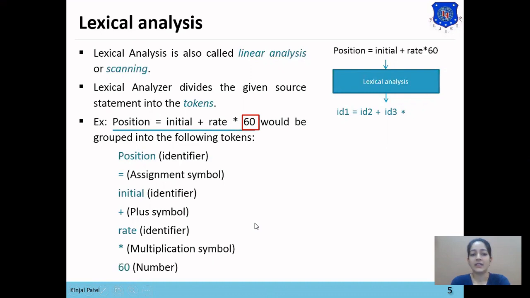Then 60 is a number or constant. So here lexical analysis has converted this expression into a group of tokens: ID1 equals to ID2 plus ID3 multiply with 60. Now this expression will be passed to the syntax analysis.